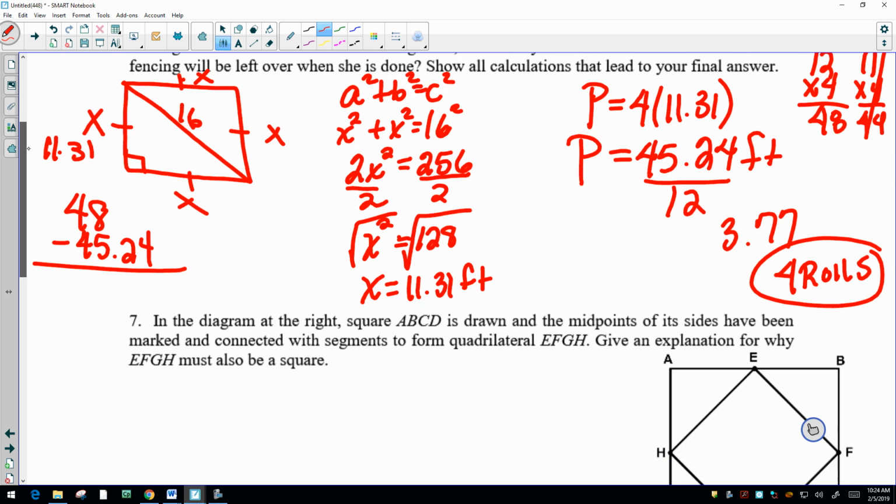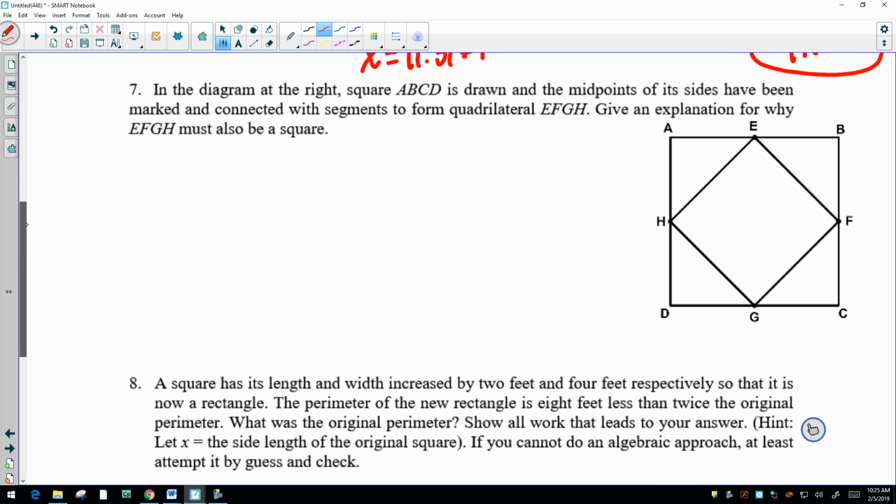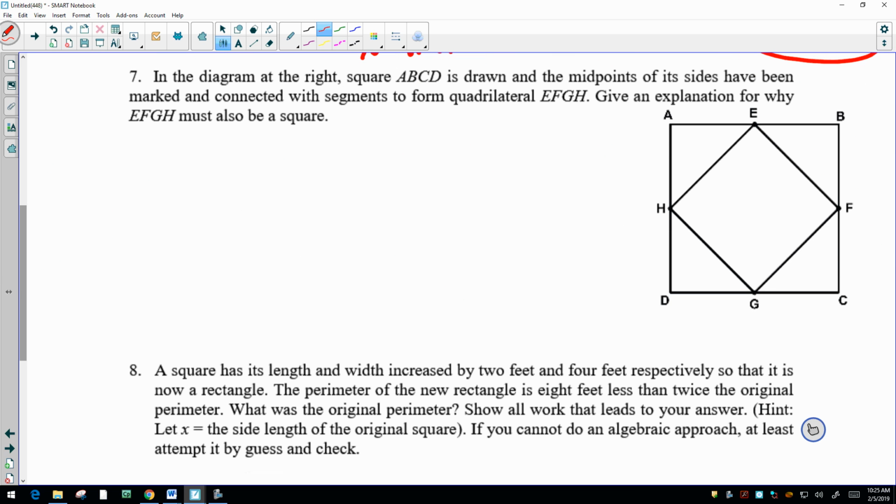All right. Let's do number 7. And then we're going to try some triangle stuff. So it says, in the diagram at the right, we have a square ABCD, and it's drawn and the midpoints of its sides have been marked. So what it's saying is E is the midpoint of AB. So I know this must equal this, right? And F is the midpoint of BC. So I know this has to equal this. But I'm going to stop and think, if it's a square, I know AB and BC are equal to